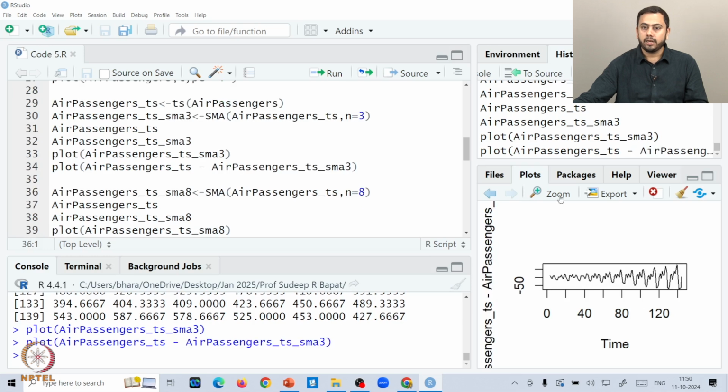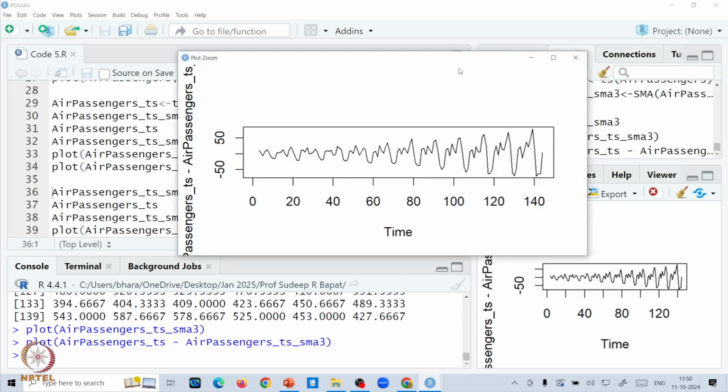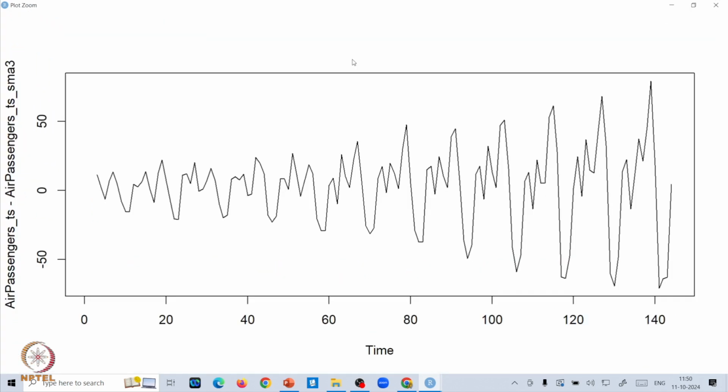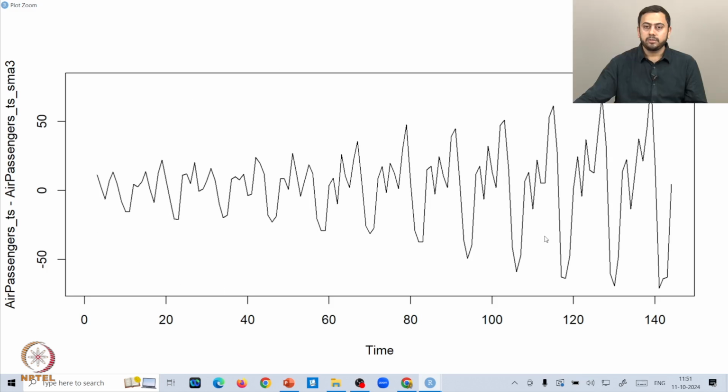So this is that plot. Let me zoom this, right? And then we sort of discuss what is happening here. So firstly, you see that pretty much the values are revolving around the line 0, which is exactly what we want, right? Because if you take the actual data and subtract the fitted data, so something like y minus y hat, similar to what we do in regression also, these are nothing but the residuals in some sense, right? So the residuals should revolve around 0 because all the errors should be really close to 0.